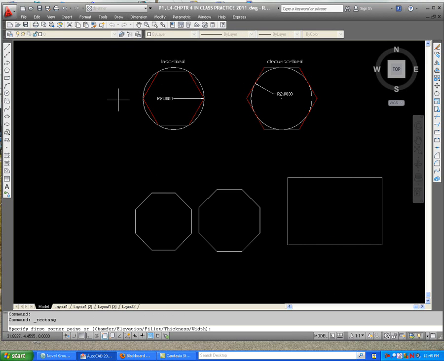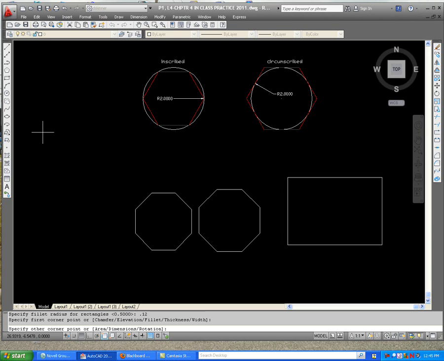Draw rectangle. Let's look at some of these options that we have. We've got chamfer. We're not going to work on elevation or thickness or width, but we've got chamfer and fillet, and that would put a chamfer or a fillet on all of the corners as we're drawing the rectangle, all at one time. So I'm going to put fillet on here, and I'm going to make the radius 0.5. I bet that's going to be too big. I think I'll use 0.12